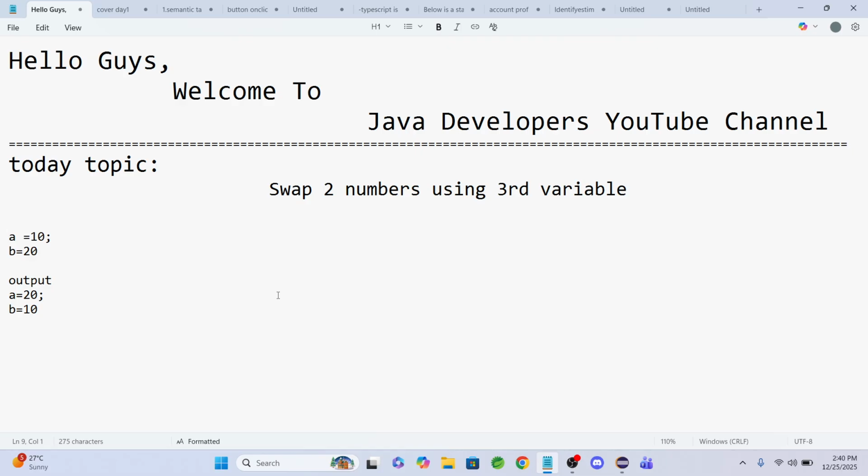Today we are discussing the swapping of two numbers, both using the third variable and without using the third variable. We are discussing these two types of problems here, that is, swapping of two numbers. Just like if you take an example,